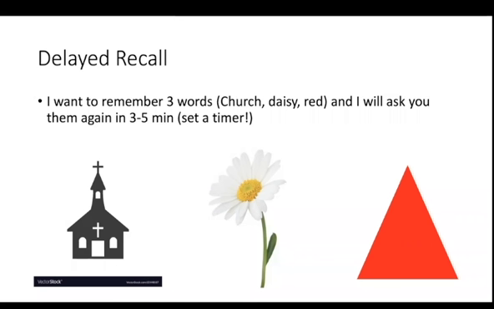These are just the words from the MoCA, the Montreal Cognitive Assessment. You could pick any 3 words you want. You just want them to be kind of different, right? Nouns are always typically a little better. And then I just set my timer for 3 or 5 minutes or however long. Now this isn't an immediate recall. So some people will say church, daisy, red, and the patient will be like,